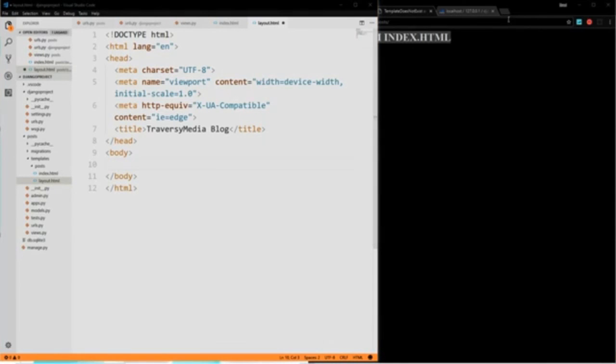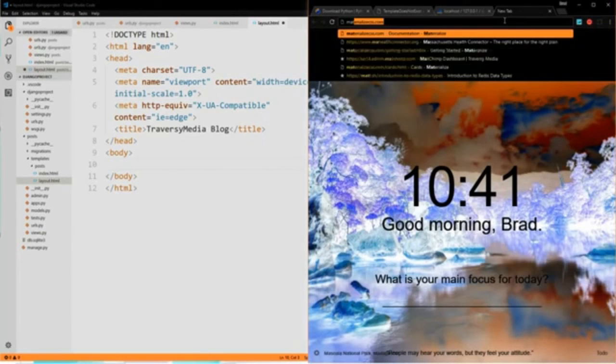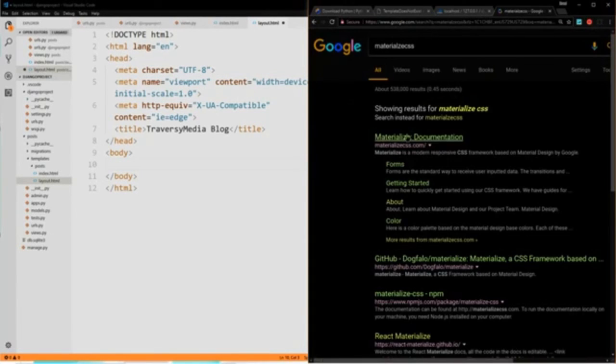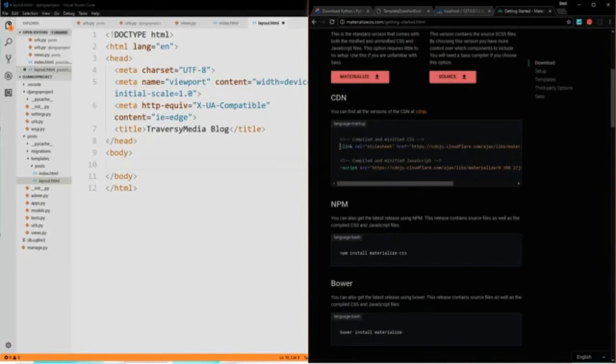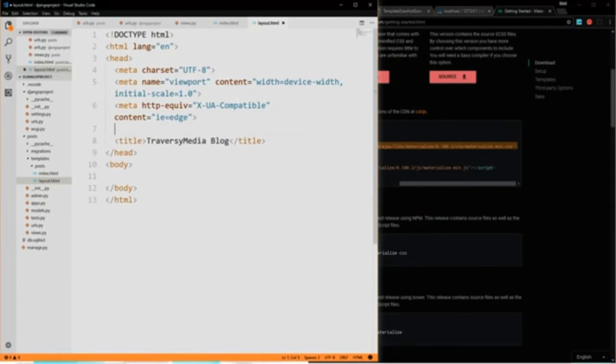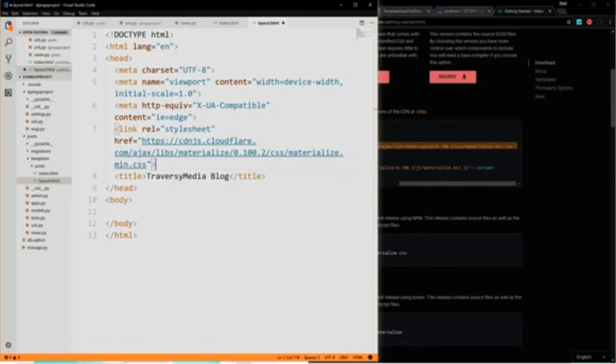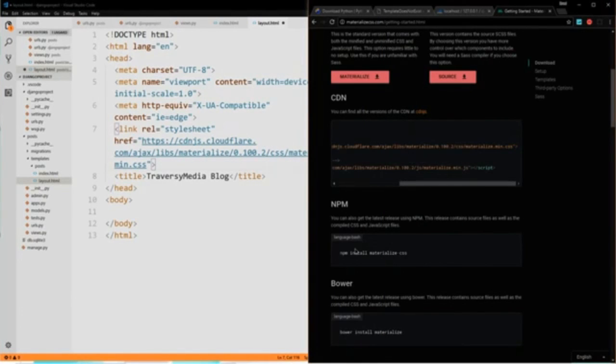I also want to include Materialize CSS, which is a CSS framework. So if we go to Get Started, all we need to do is include the CSS link right here, and then the JavaScript link. So we're going to paste this in the head right here, and let's see. Actually, we don't even need the JavaScript link because we're not doing anything to do with